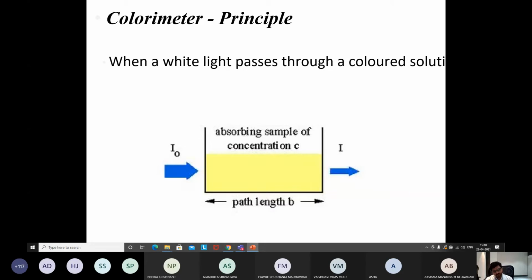So what is the principle on which this colorimeter works? When white light from a tungsten bulb passes through a colored solution, some of the light gets absorbed in the solution. Then some amount of light comes out of the solution. This is I0, this is I. So when white light passes through a colored solution, it absorbs some of the color and emits a lesser range of